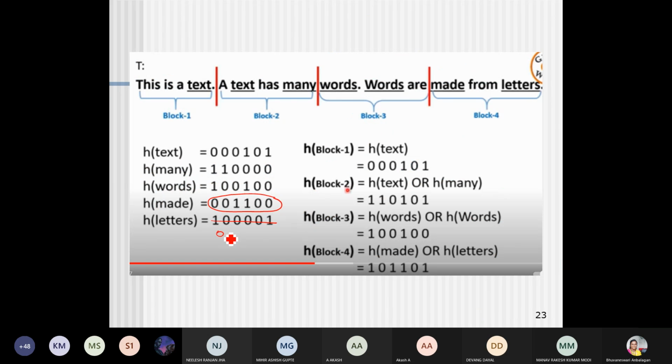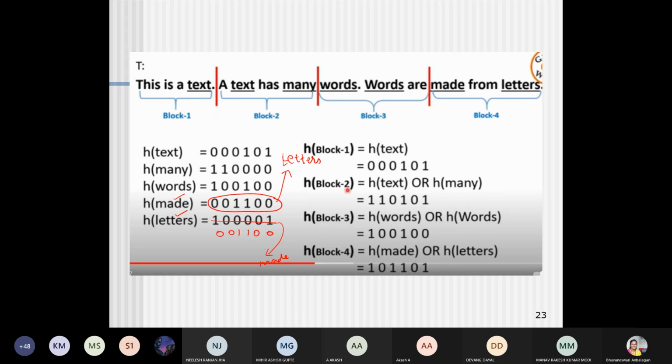For some letters also, this is returning 1100. So if I search for made, or if I search for letters, it will return made, because both words have the same hash value. If I look for made, but the word that exists there may be letters, a false alarm will happen.